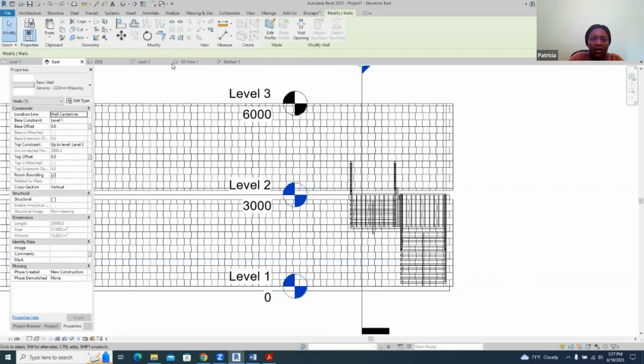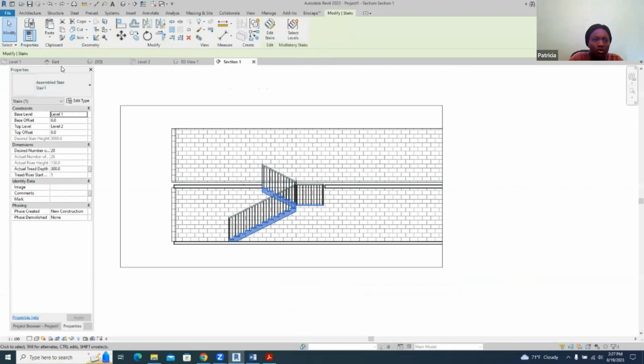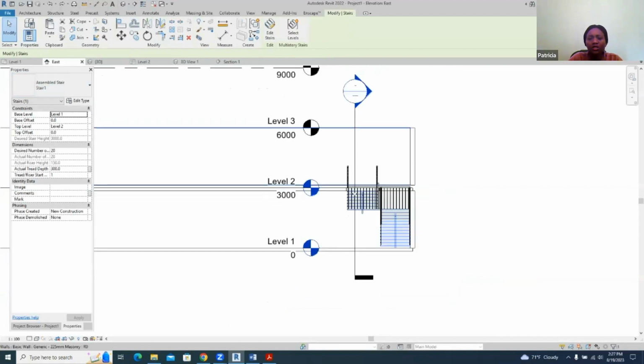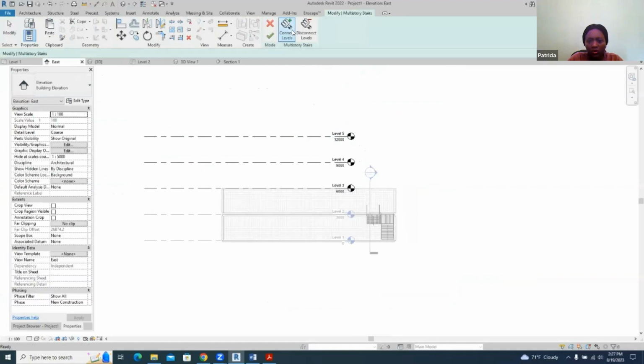Okay, so I'll go to a view where I can select it and then come out here. So select the stairs, go to the east elevation, and then now we can select levels where we want the stairs to connect levels. So click and then go to connect levels, click on that, connect levels, and then we're going to here,